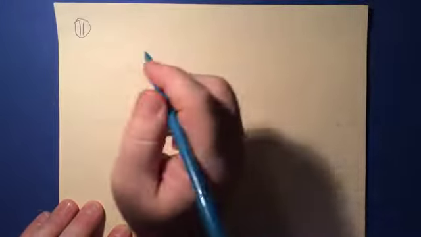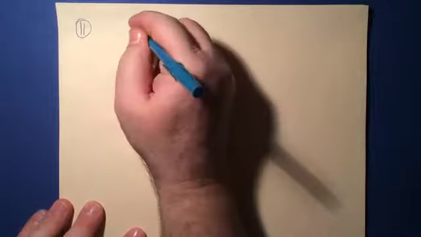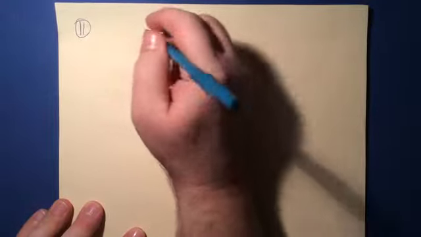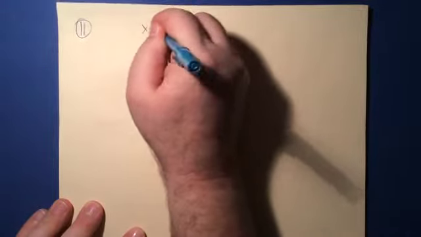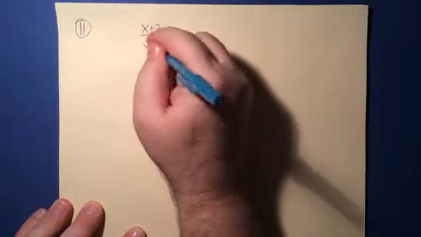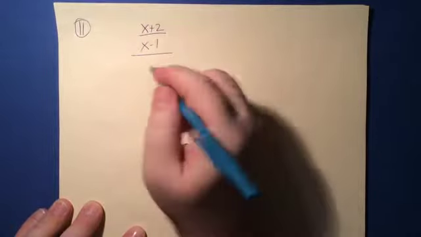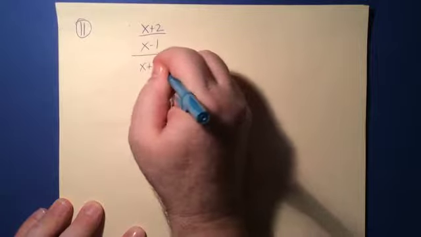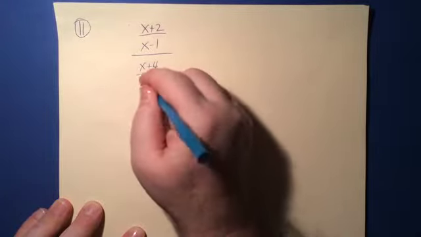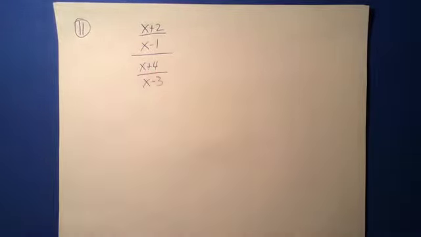Taking a look now, backing up a little bit, at number 11. So here we have the quantity (x plus 2) over (x minus 1), divided by (x plus 4) over (x minus 3). So as we look at these denominators,